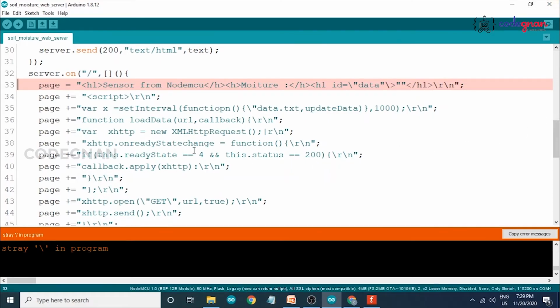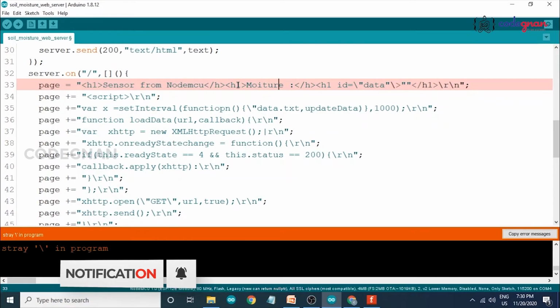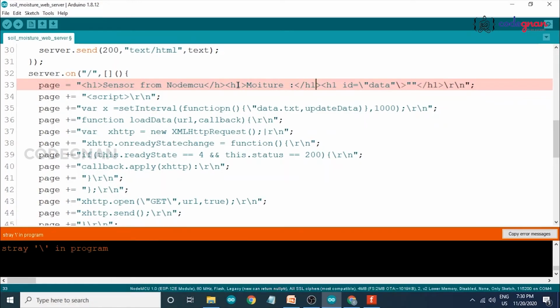The error is that one slash symbol is present here. This is the h1 tag, and I'm closing it here. Also, this is another h1 tag, and we closed it here. Now recompile it.